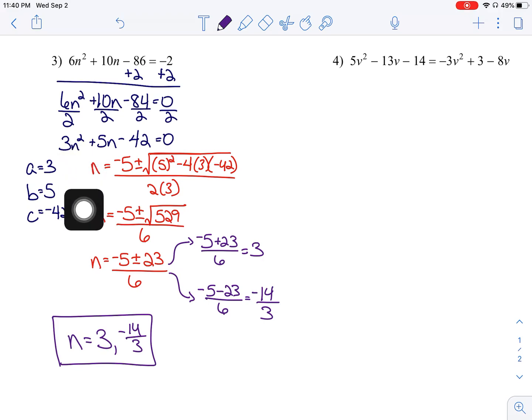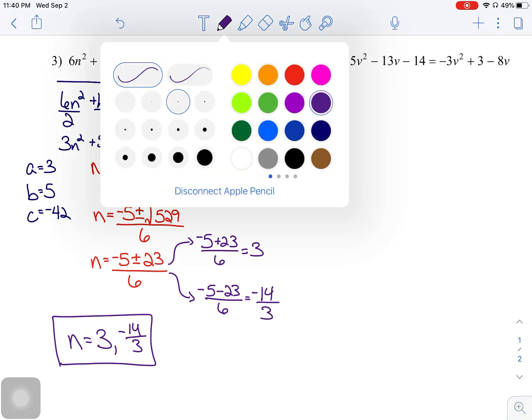Identified A, B, and C. From those identifiers, I used them to fill in the equation. I simplified what's under the radical, tried to take the square root. It did work. Split it into two fractions, simplified those fractions, and got my two answers. Okay, so that's example number 3, and let's take a look at the last one here, example number 4, which